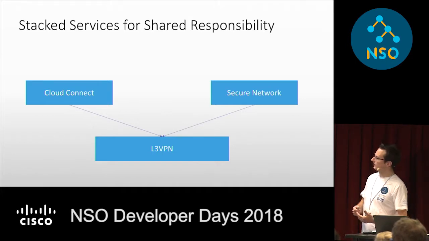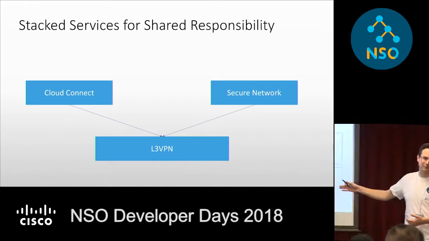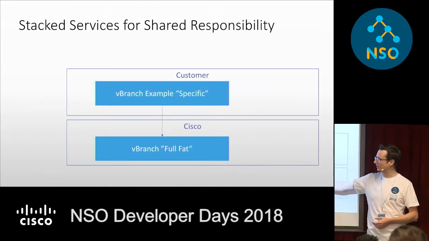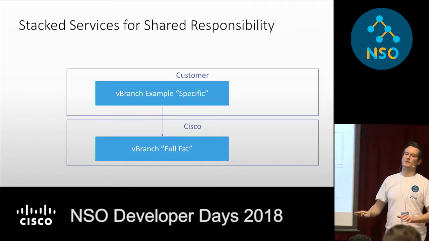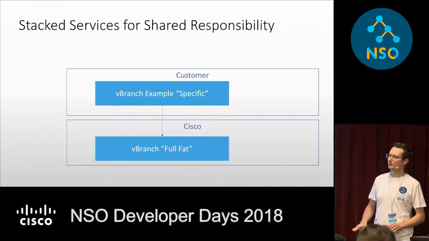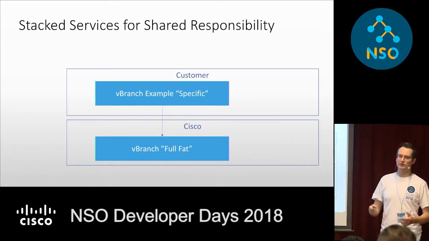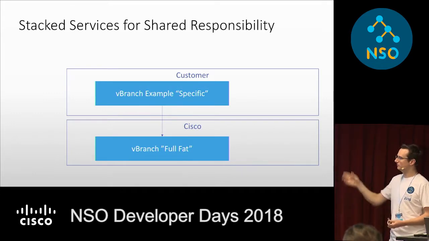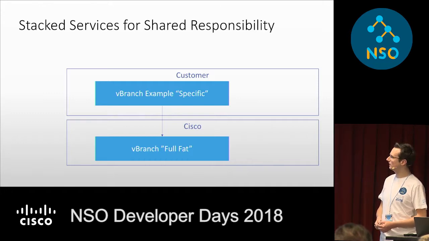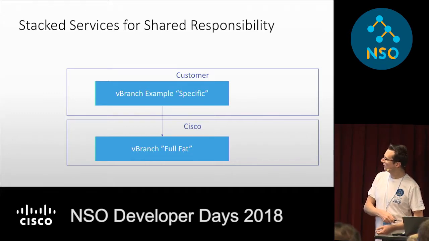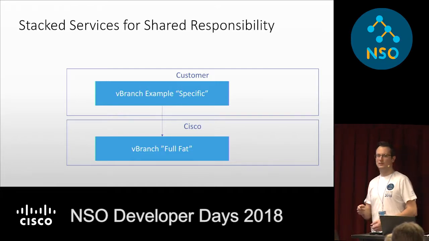Shared responsibility, this is a classic example, vBranch function pack. Cisco's responsibility, we give you a nice full fat model. Everything is an option, but you as a customer have a specific flavor of things, right? That's good. This potentially works very nicely with LSA. That's the phased apply. Organizational boundaries, and this I think